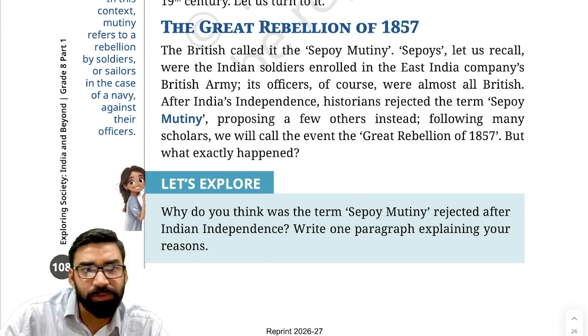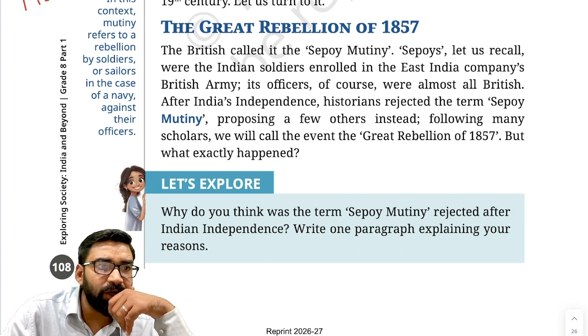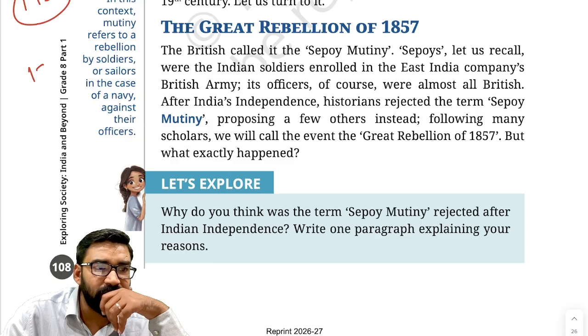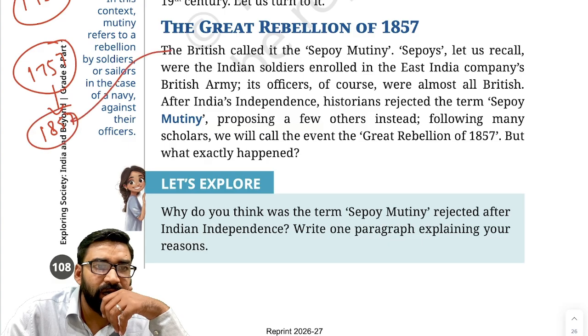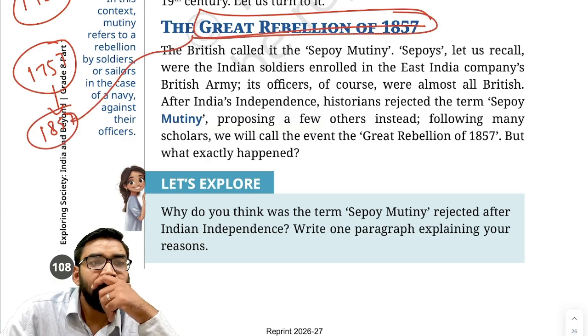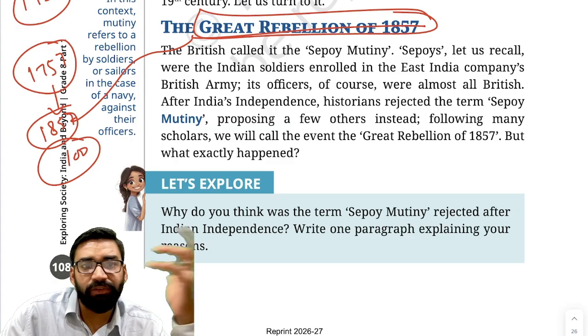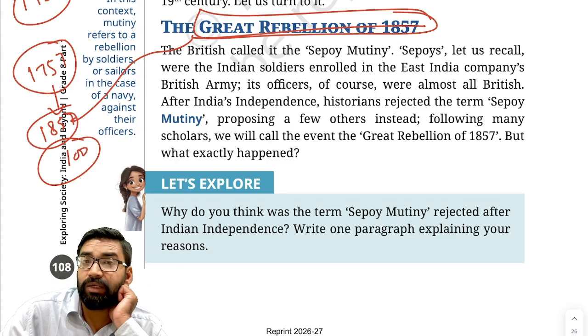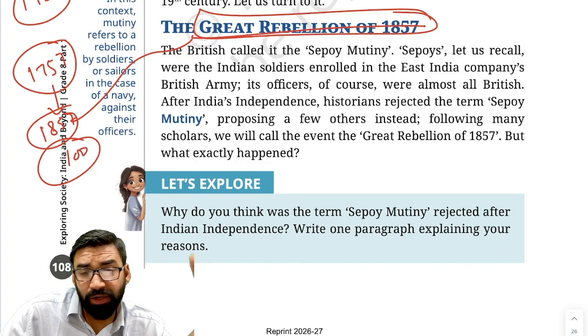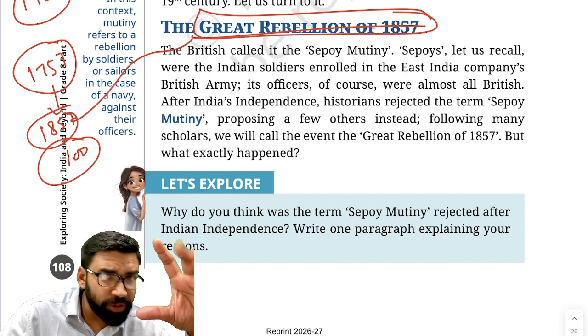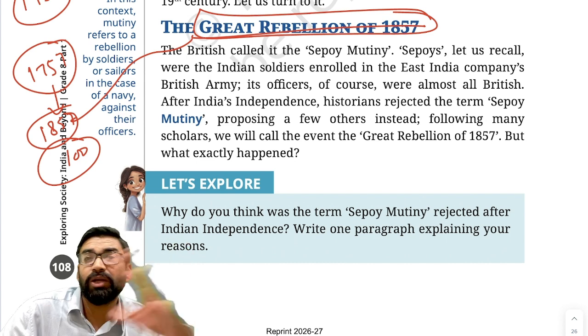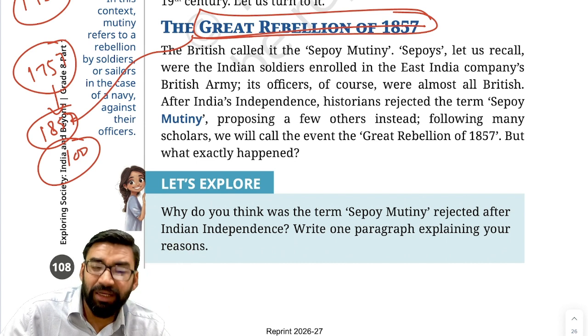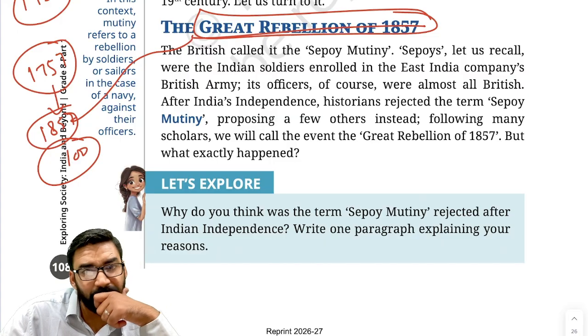And finally, from 1757, that is the day of the Battle of Plassey, to 1857, the year of the Great Rebellion or Great Revolt in India, it has completed 100 years of exploitation. When 100 years of exploitation was completed, then different communities participated against the British. So, the revolt of 1857 was not due to a single cause, but due to multiple causes, an accumulation of anger since the last 100 years of exploitation by the British.